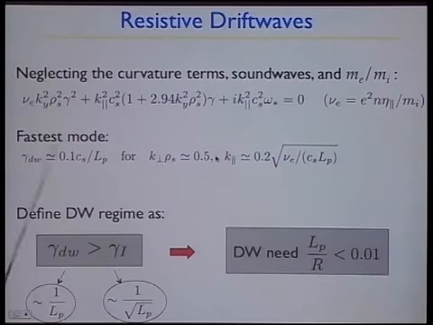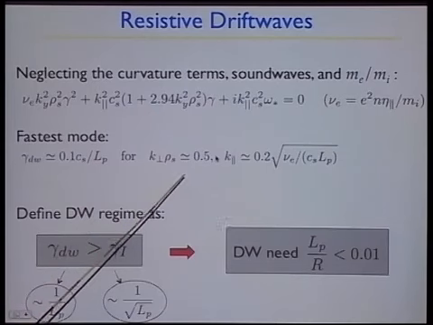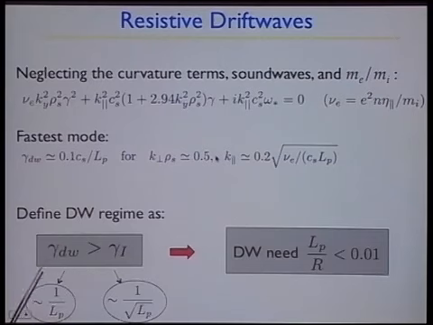And one gets the equation that describes the resistive drift wave, which is shown to have a growth rate that is of the order of omega star, I mean CS over LP. The K perp rho S is about 0.5, and there is a certain K parallel of